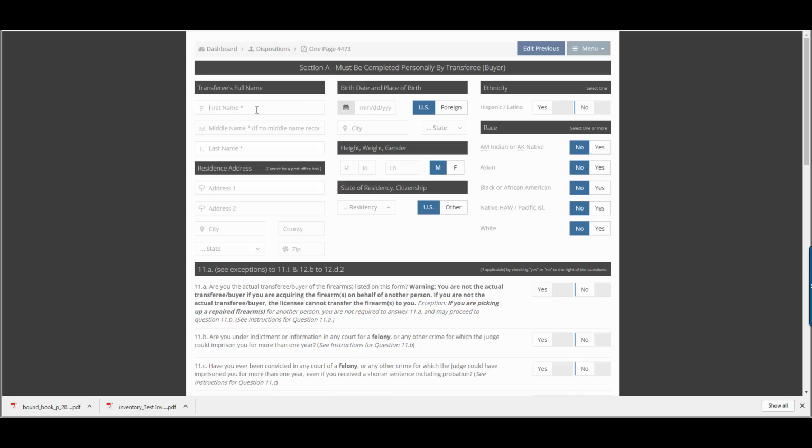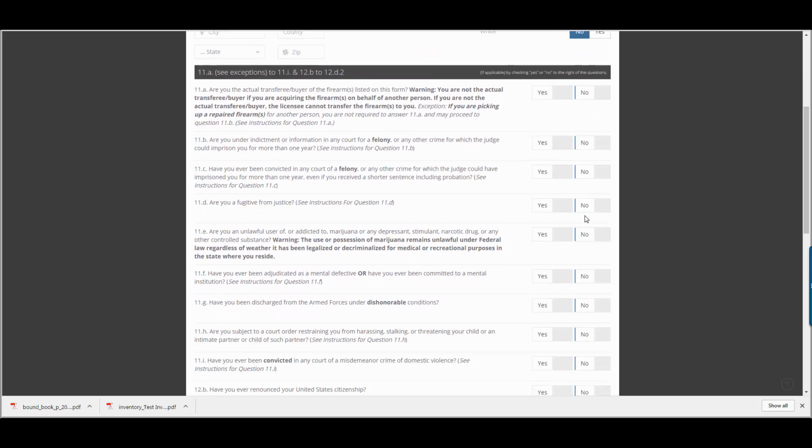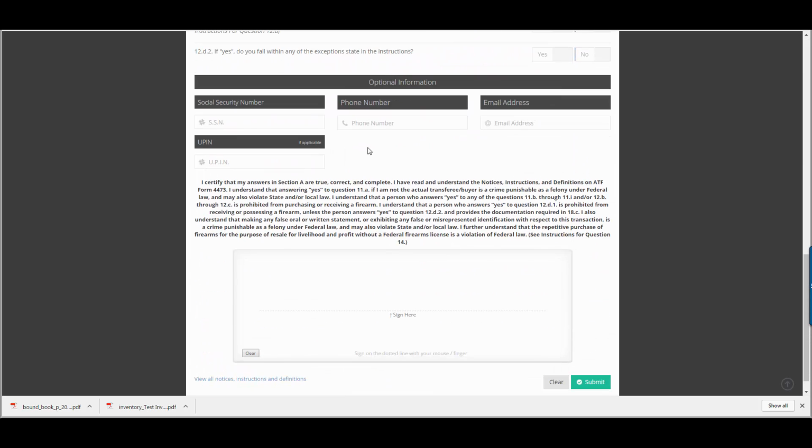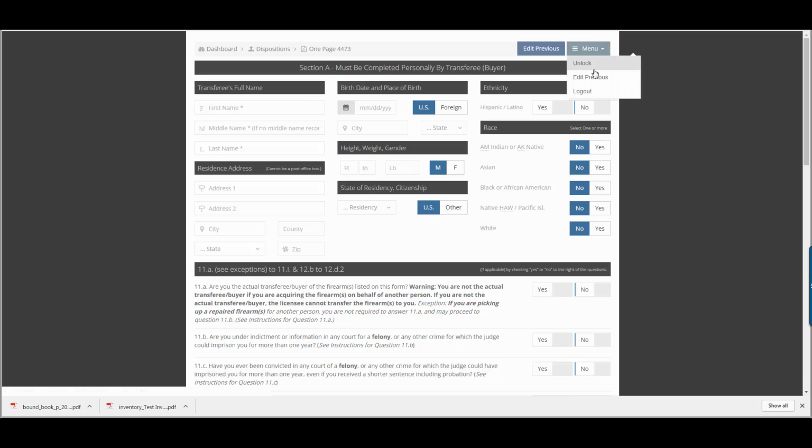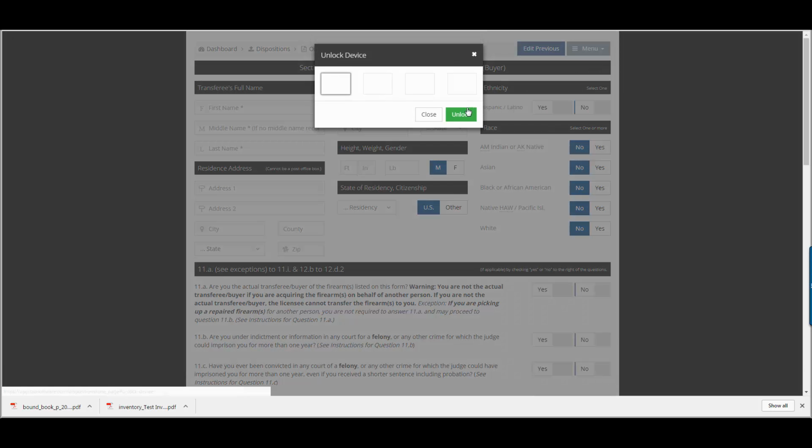able to use. So when the customer sees this, they will type in all of the information up here at the top, answer each of these questions. We also recommend that you have your customers fill out the optional information down here, such as email address and phone number. Lastly, the customer will sign here down at the bottom and click Submit. When they do so, a little green box will pop up here in the right-hand corner, letting them know that their 4473 has been submitted successfully. Once the 4473 has been submitted,